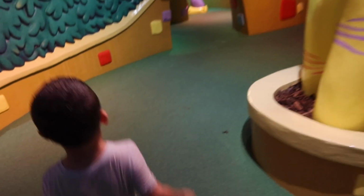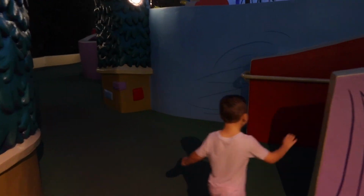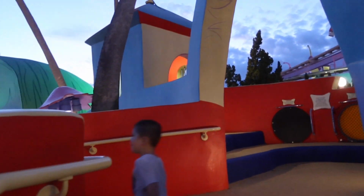Here, let's go to the top. Where else are we gonna go? Oh man, we are meandering around the zoo area. I'll tell you, if you kids had a zoo, it would look like this. I don't know if my zoo would have such a low crawling wall thing. Up here, look,